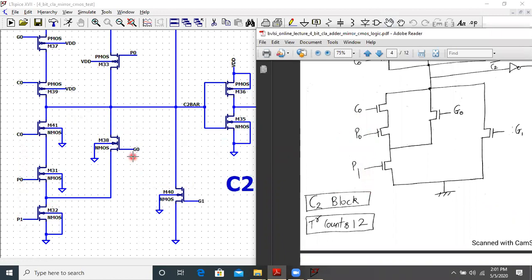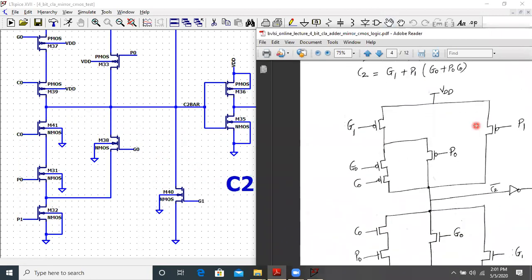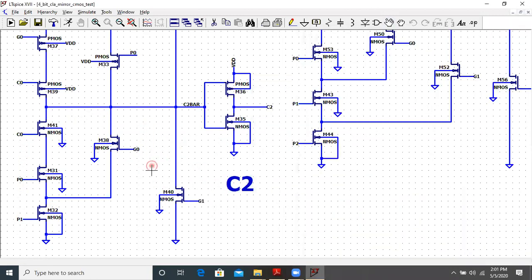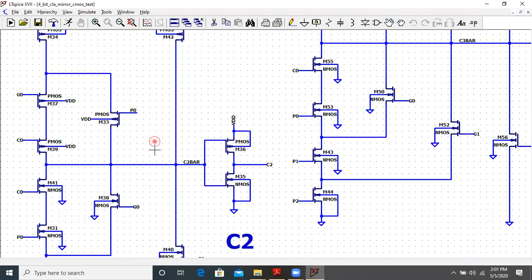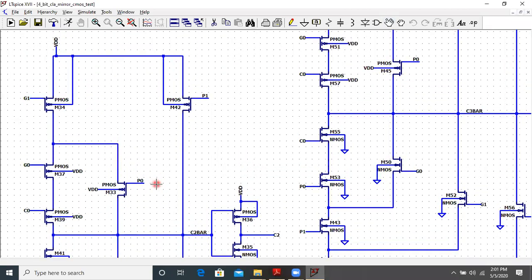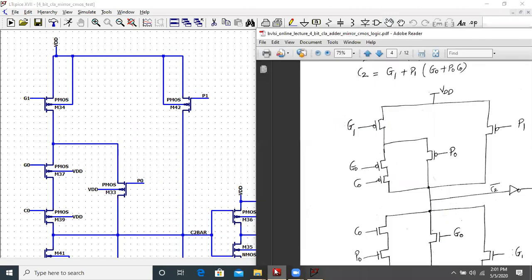And here we have two transistors, G0 and G1. So this is proper. Now let us check the pull up network. In the pull up network we have G1, G0, C0 on the left hand side. Here also we have G1, G0, C0, and on the right hand side we have P0 and P1 connected like this.